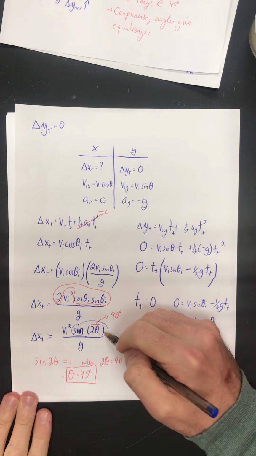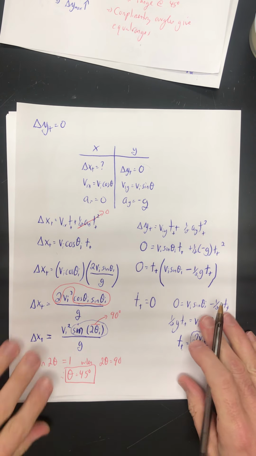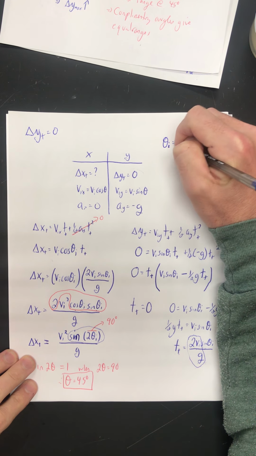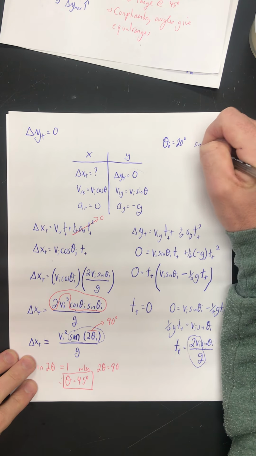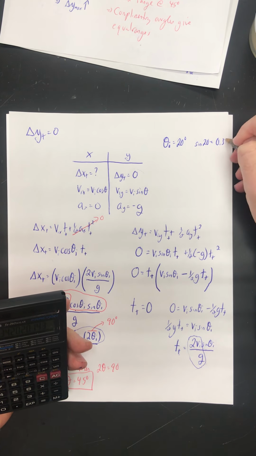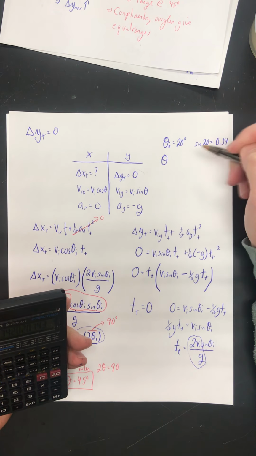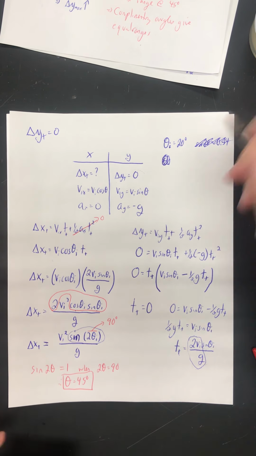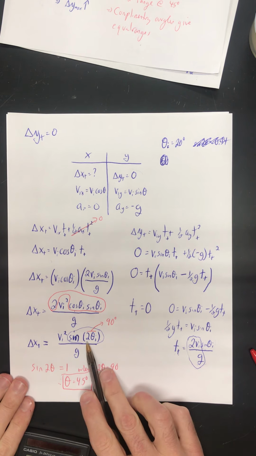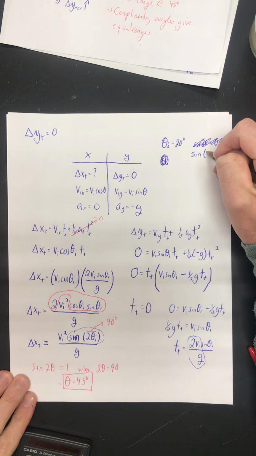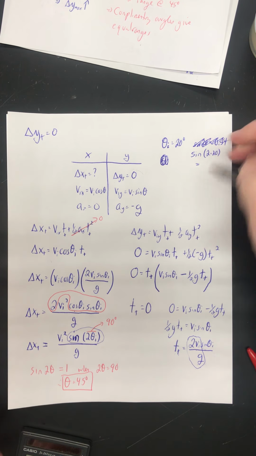Now, this also answers for us why complementary angles give equal ranges. So let's say theta i is equal to 20 degrees. Sine of 20 is equal to, put that in my calculator, 0.34. Actually, we shouldn't even do sine of 20, because I'm not plugging in 20, I'm plugging in sine of 2 theta. Oof, almost messed up my own analysis here. So that's sine of 2 times 20, or sine of 40,